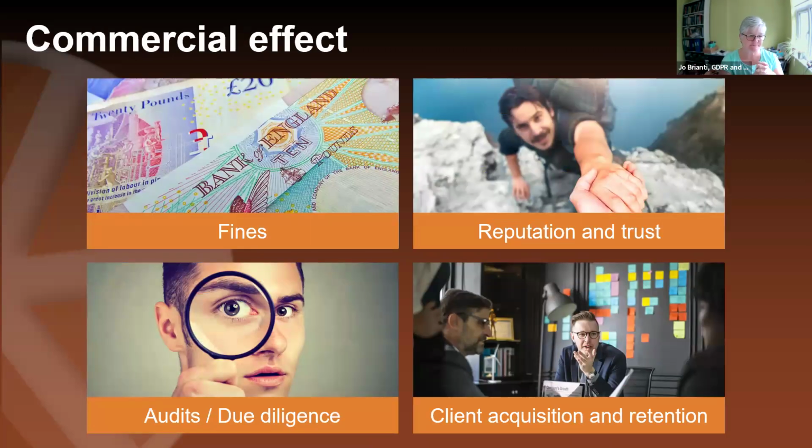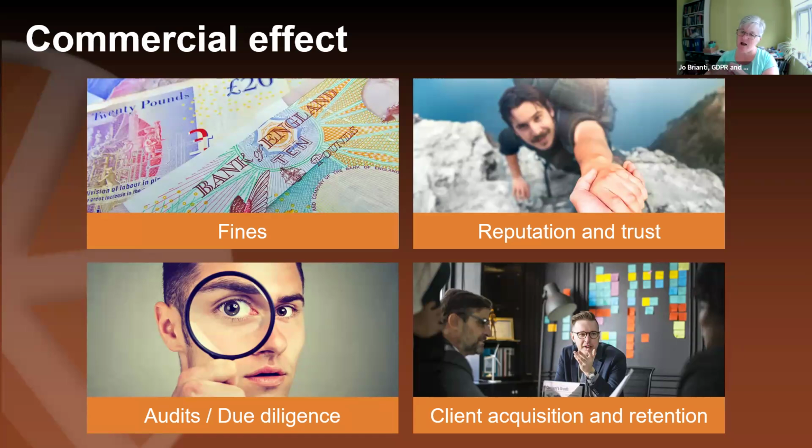So the commercial effect of getting it wrong. GDPR generally, getting it wrong will cause all of these problems. Add AI into that, and it could. I haven't yet seen any fines or sanctions or anything by the ICO around AI. And I'm not suggesting for one minute that anybody on this call or listening to the replay is suddenly going to get a visit from the ICO to check on their AI and their GDPR or anything like that.